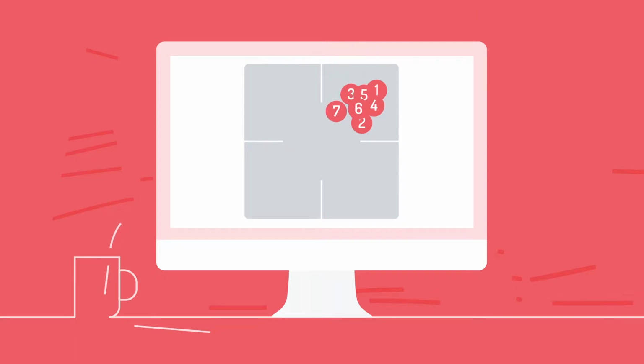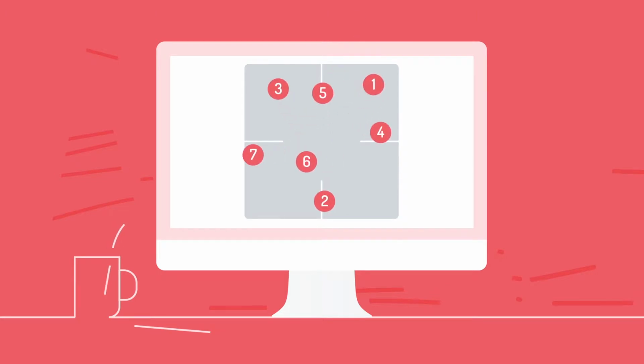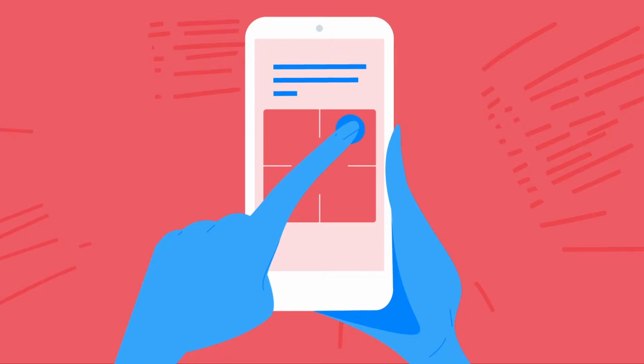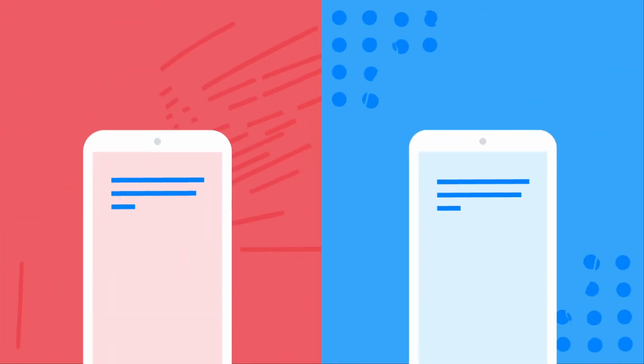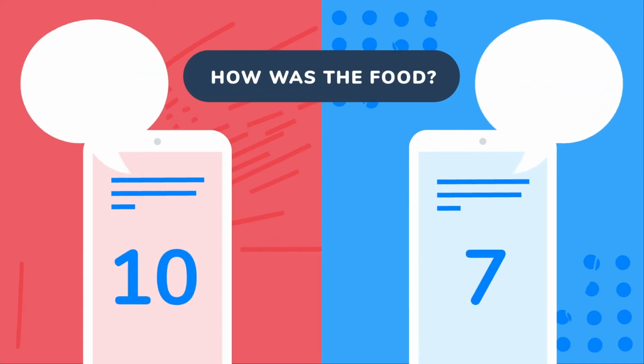By using Z-scoring on surveys, we can help to normalize response bias. Response bias basically means that people have different answering styles. Sometimes people have a tendency to act differently when they are answering in research. Some people only use extreme ends of the scale. Some people only use the middle. And sometimes a score of 10 to one person means the same thing as a score of 7 to another.